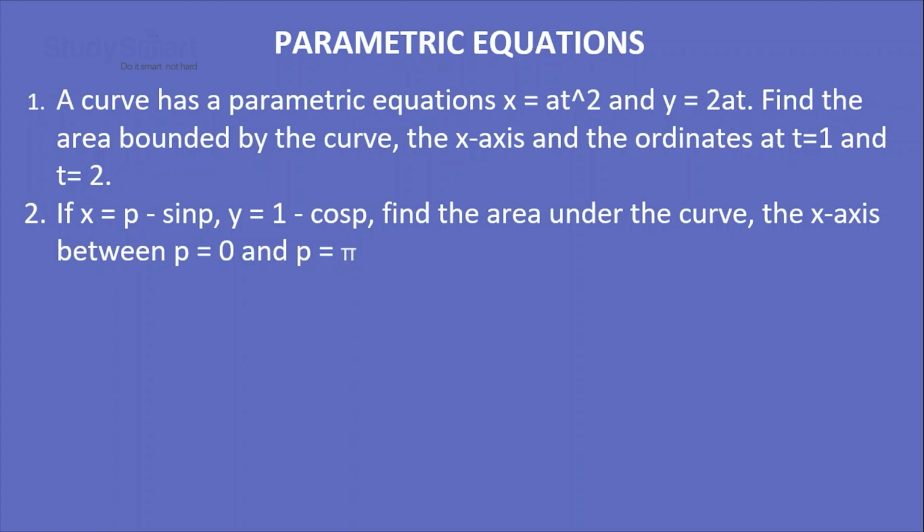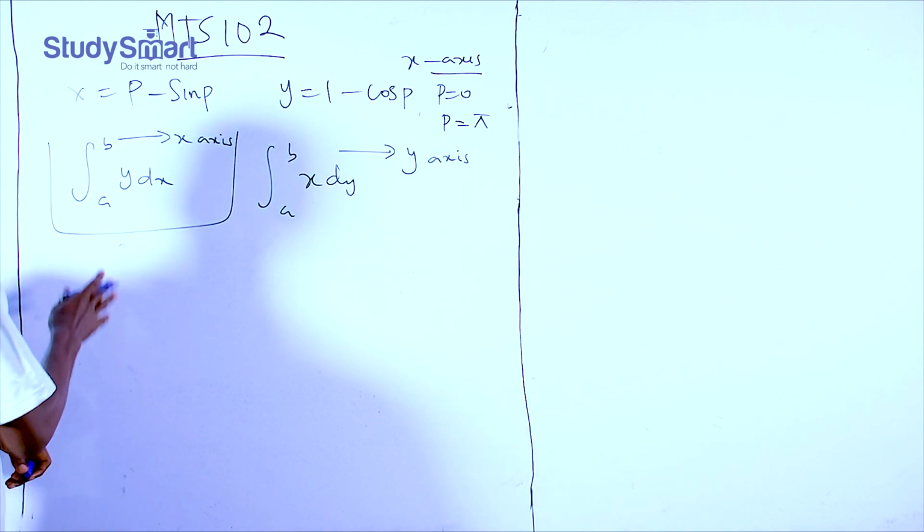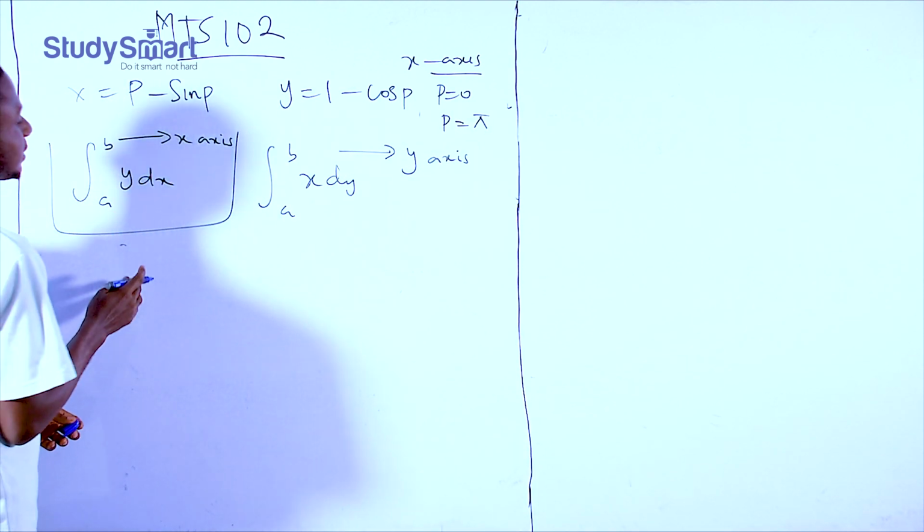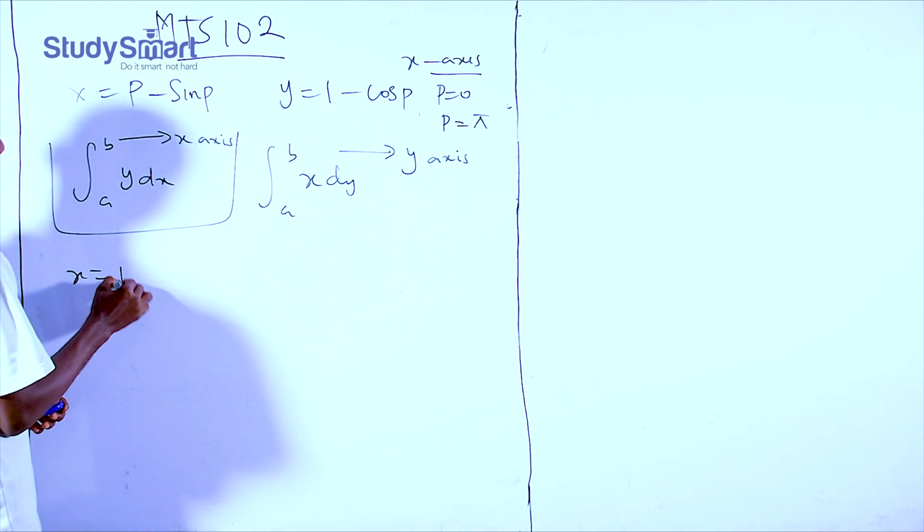So the next question: if x equals p minus sine p and y equals 1 minus cos p, we are asked to find the area under the curve, the x-axis, between p equals 0 and p equals pi. Now since we are still looking at the x-axis, you still make use of the first formula, the integral from a to b of y dx. Now what is x? X here equals